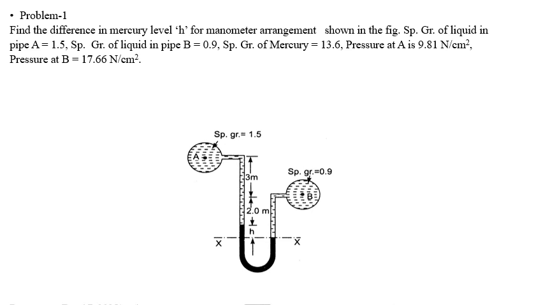By referring to this figure, we need to write the expressions for the pressure above the reference line or datum line in the left column as well as in the right column. Then equate those two expressions to find the value of H, or the height of the mercury level in the left limb. After referring to this figure, write the given data.